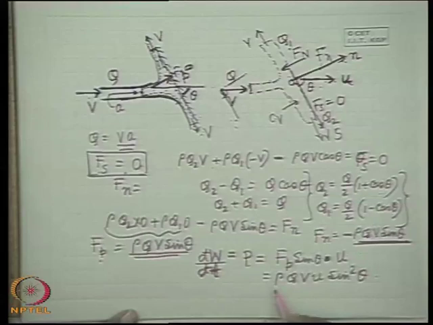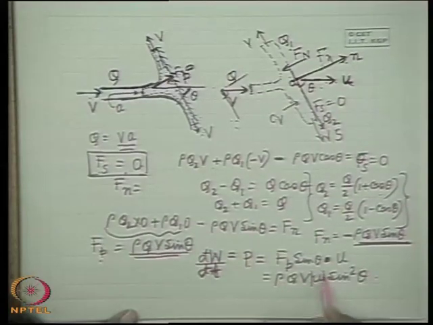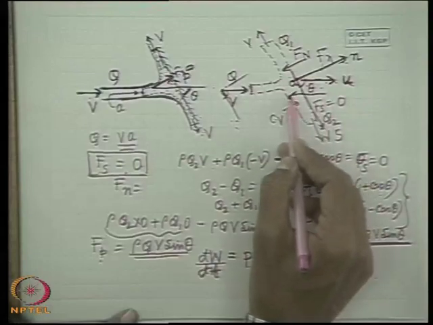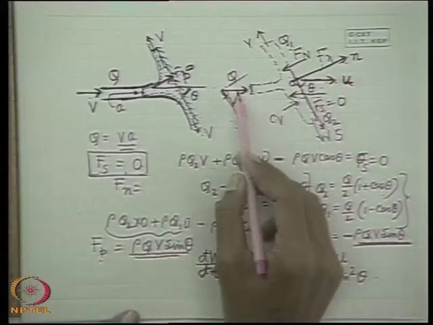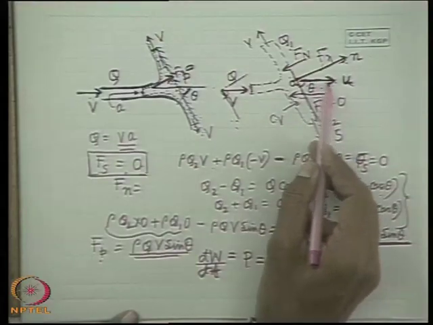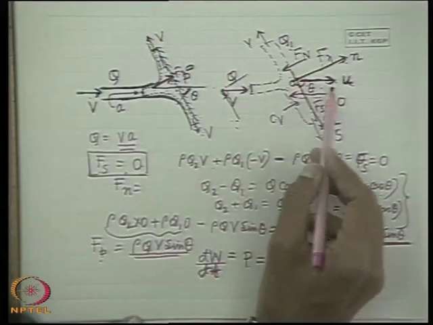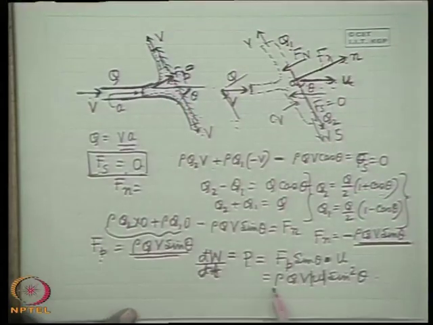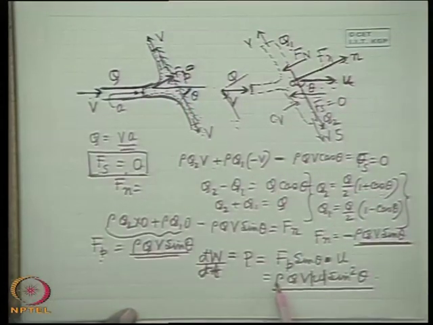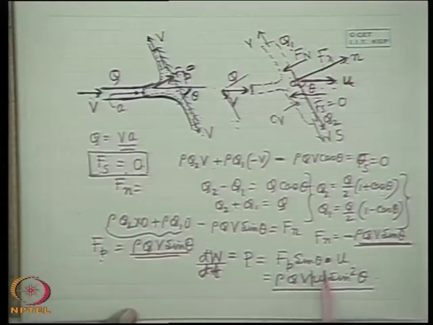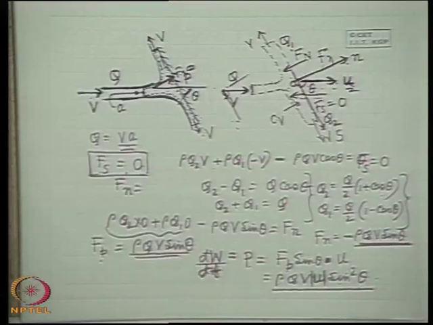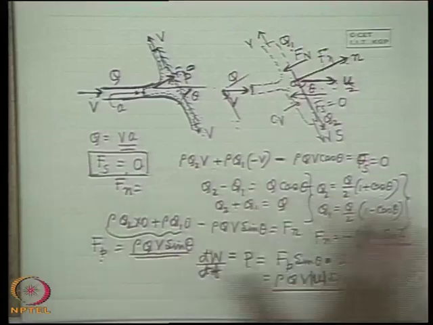Now I take an absolute value of u, because sometimes the plate can move in this direction, in that case the work will be done against this force, and the plate may be moving in this direction, work will be done by the force applied by the liquid to the plate. But in both cases the power consumed will be rho q v times mod of u, that is the speed of the plate, times sin square theta. All right, okay, clear?